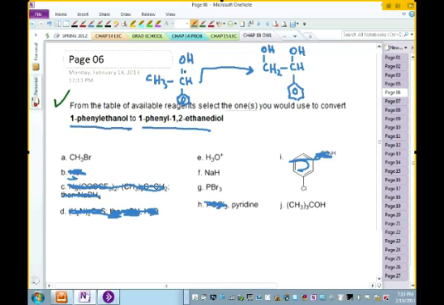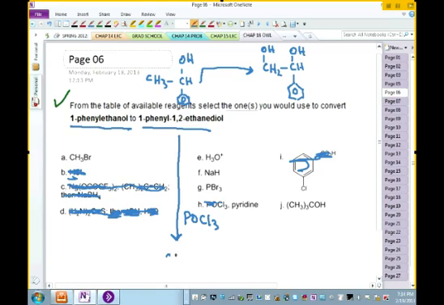You have to convert this to an alkene, right? So the first thing to do is to convert an alcohol to an alkene. What reagent do we need for that? POCl3? Is that what you said? Okay, so we will take this. The reagent that will convert, in this case, an alcohol to an alkene. We could use POCl3, which is phosphorus oxychloride.